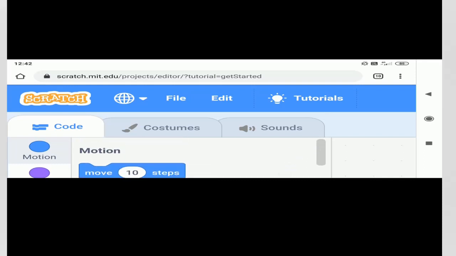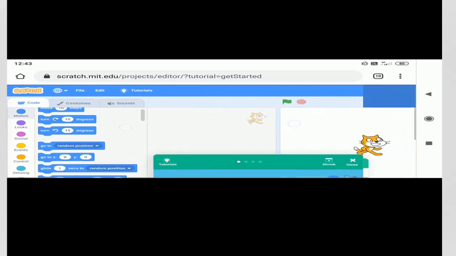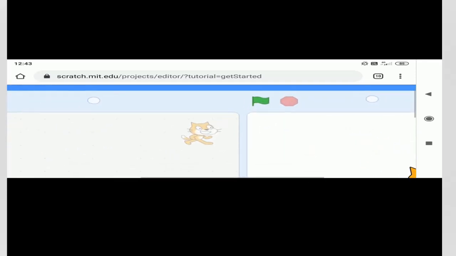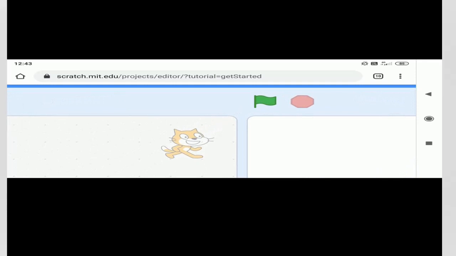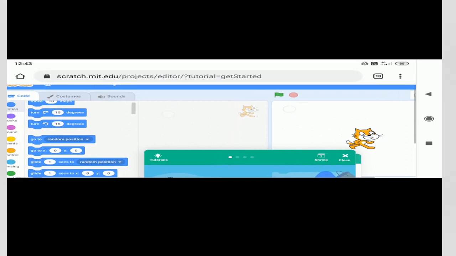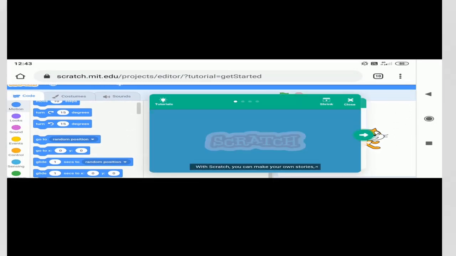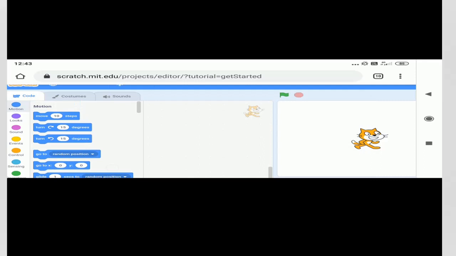So what you can do is you can hold the top layers, maybe just beside sound and from scratch, something like this way. Hold on this layer, maybe for understanding, on the right of this stop and on to the left of this green flag, this way. Okay, and you can adjust your screens. You can close the tutorial. With Scratch, you can start working with Scratch.